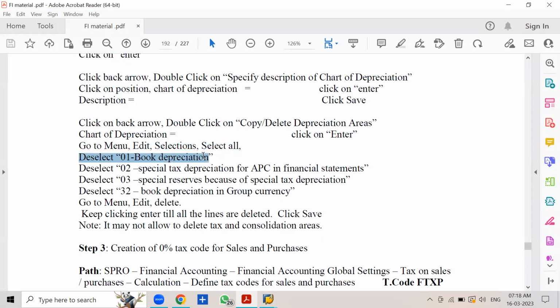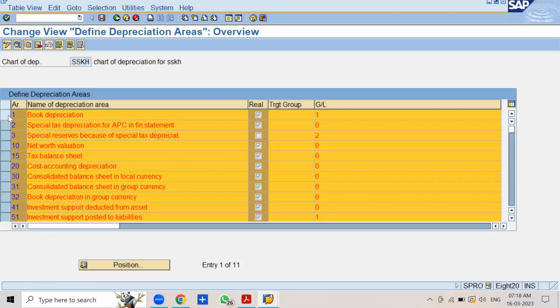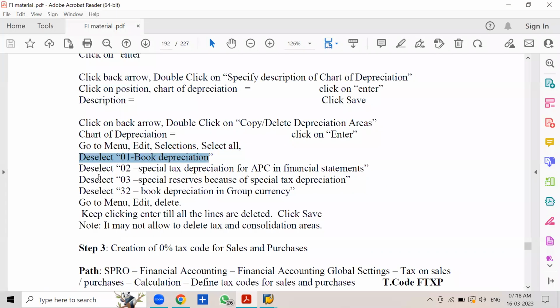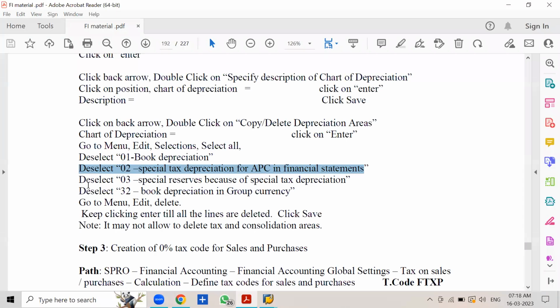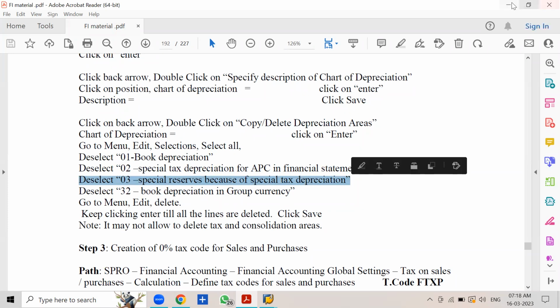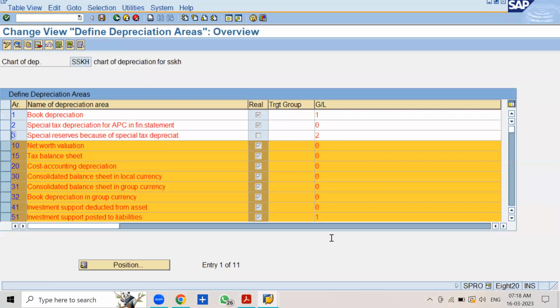Out of this, deselect 01 book depreciation. Then 02 special tax depreciation for APC in the financial statements. Then 03 special reserves because of special tax depreciation. Then 32 book depreciation group currency. So I want to use only these 4 depreciation areas, and other depreciation areas we have